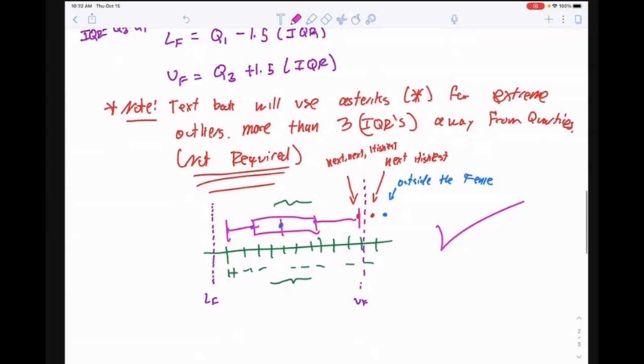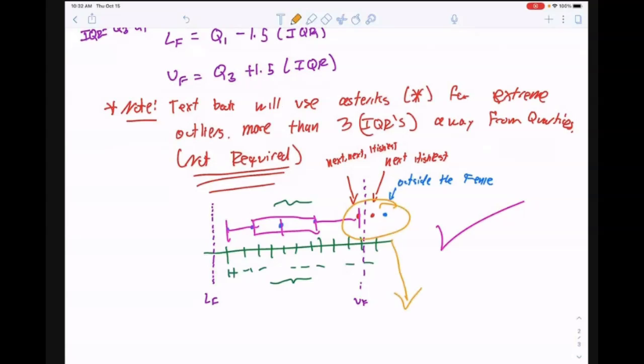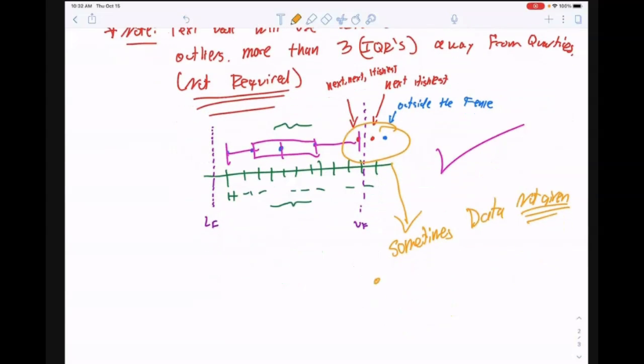Now, I want to note something in here. Sometimes data is not given. As such, pick a point near the inside fence that is reasonable to make the box plot. So in other words, if you have the data and you can talk about it,